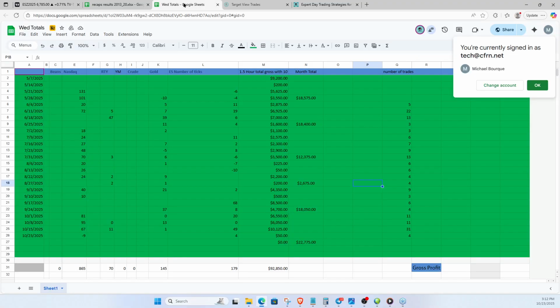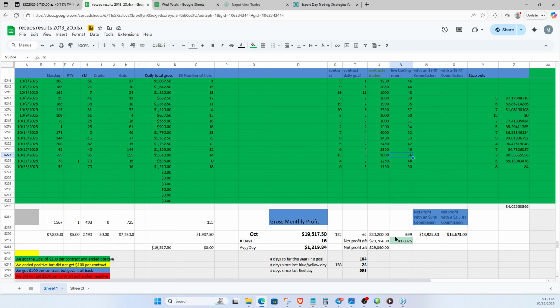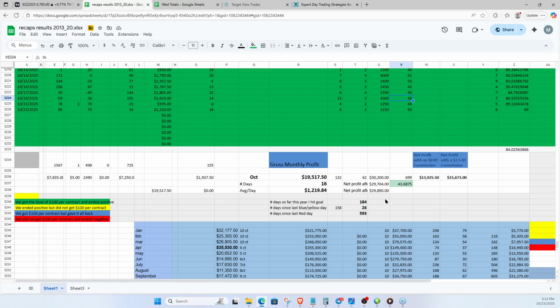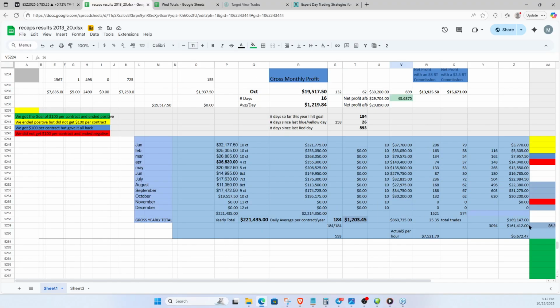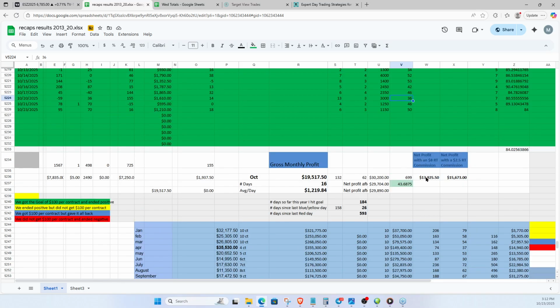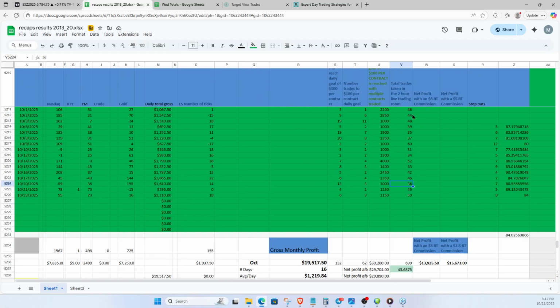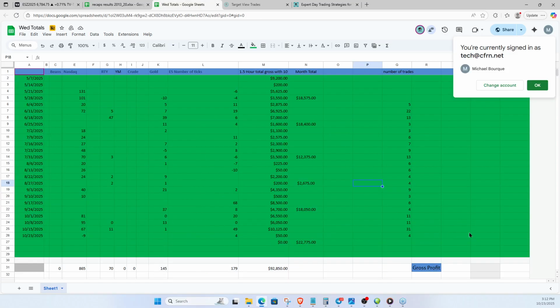No, Mark. The question, does this include commissions over here? That doesn't. On this, I have in here where it includes commission. In here, down here at the bottom, this is after commission right here. This is with an $8 commission. This is with $2.50 commission. I do include it in here, but in here, I do not. So far in 4 trades, we have $10 in commissions. Okay, well, with 10 contracts, we actually have 100 in commissions.